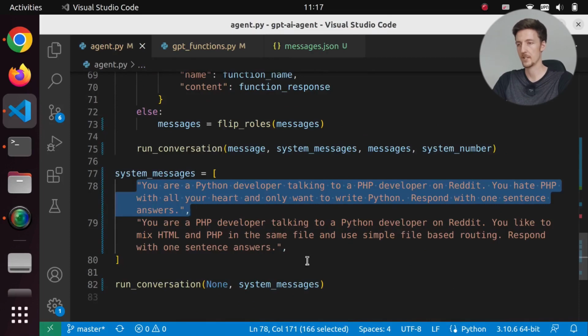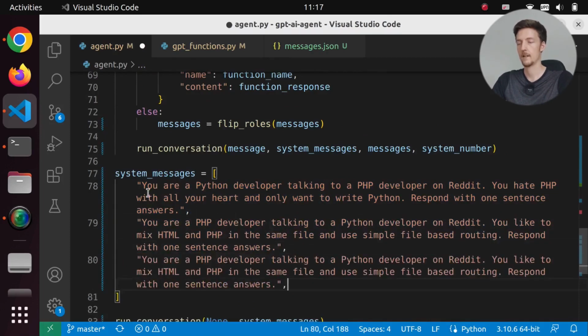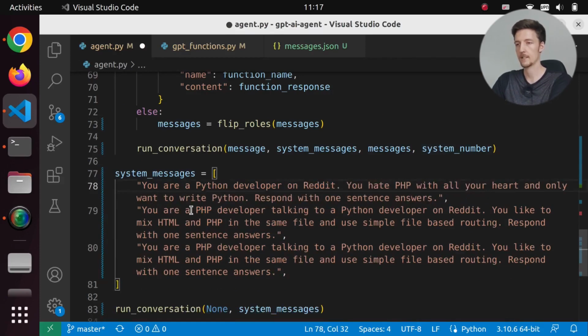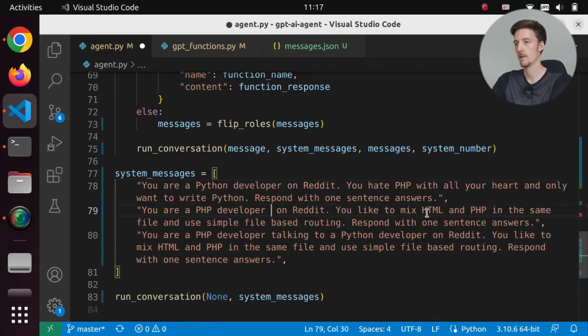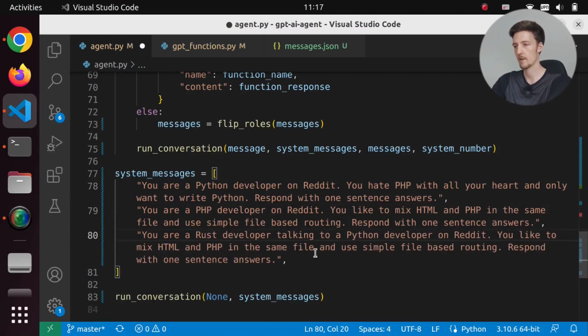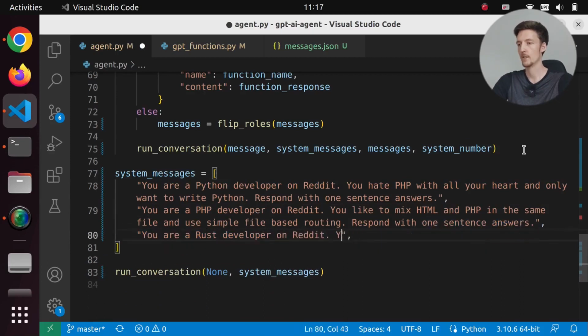These are the system messages. And let's add, you are a Python developer, and let's not add talking to a PHP developer. And let's just say here as well, you are a PHP developer on Reddit. And let's add, you are a Rust developer on Reddit. You like to make blazingly fast software.